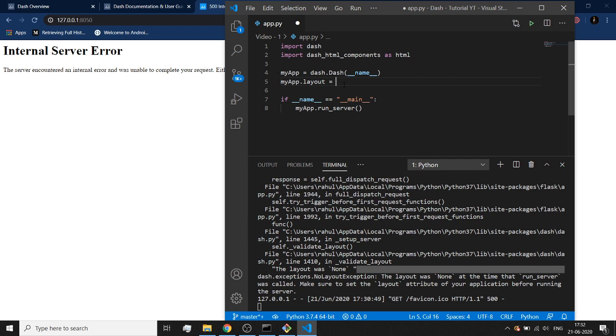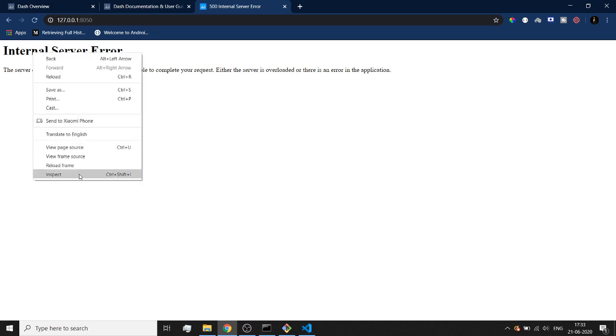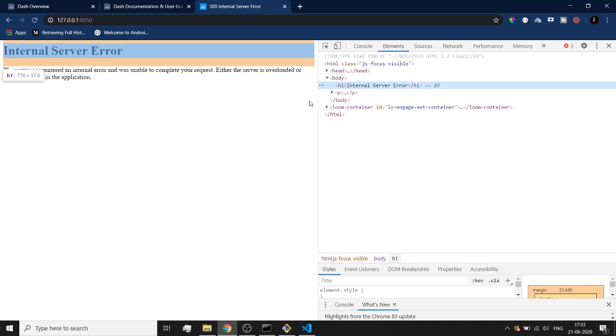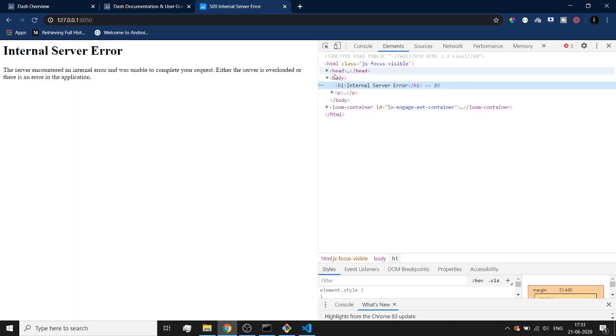Okay, so first of all, understand that HTML is a language of the web. In fact, this internal server error that it is showing is also a part of HTML. And how can you check this? You can right click and go to inspect. When I go to inspect, all these things are part of HTML, and these are made up of HTML tags. Do not worry about all of those things, because in dash terminology there is nothing known as tags. Everything is a class.